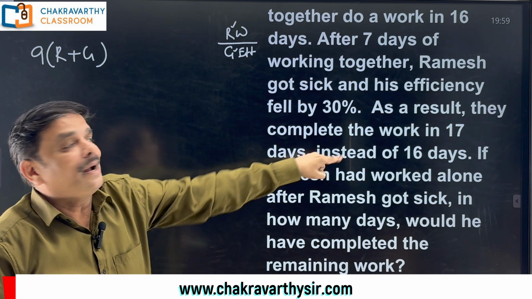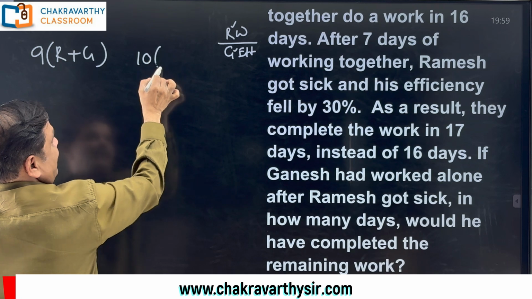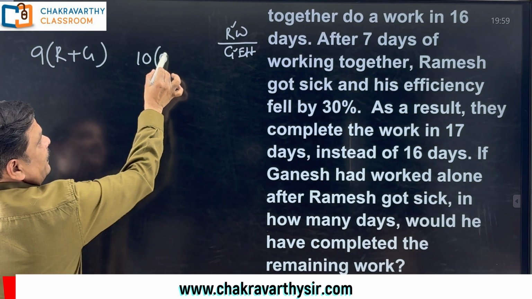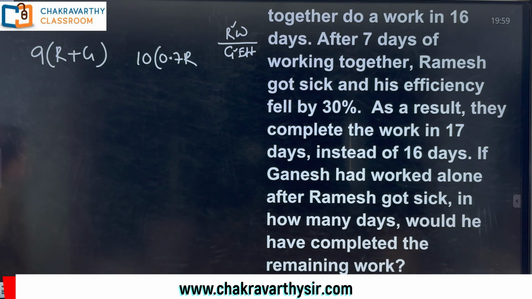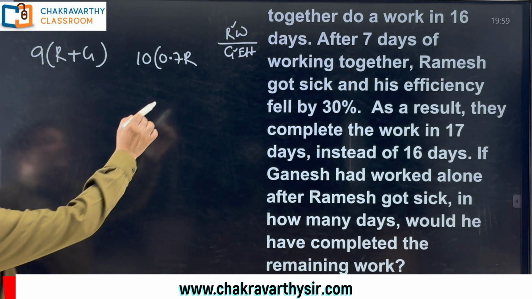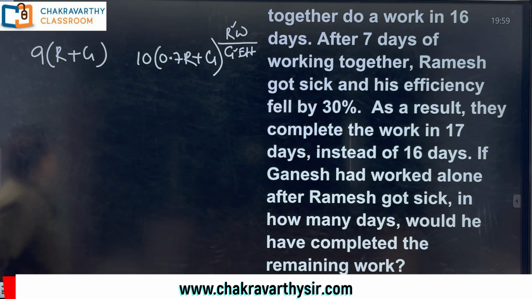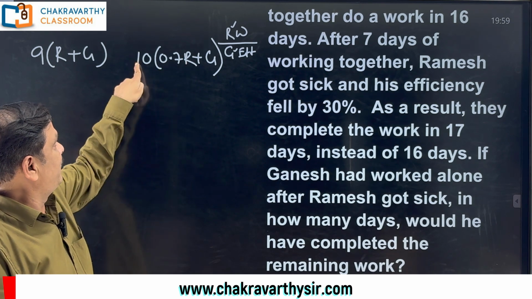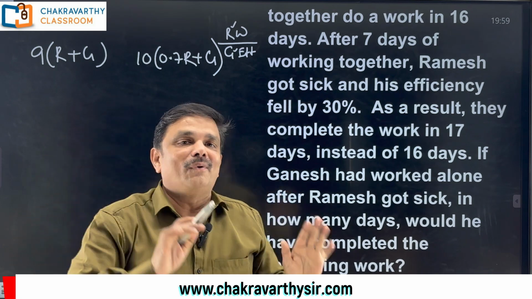Now, actually what happened, they worked for 10 days. With Ramesh's capacity only 70%, I am taking 0.7 Ramesh. 70% is 0.7 plus Ganesh original capacity. Now you think it over, students. 10 days into 0.7 Ramesh plus 10 days into original Ganesh capacity equal to the remaining work, because they have